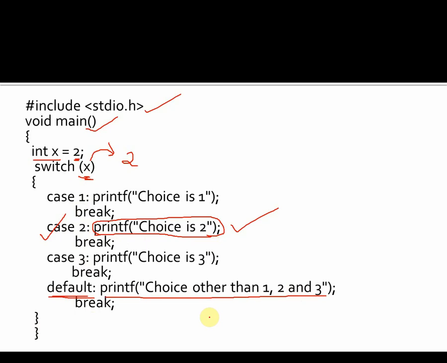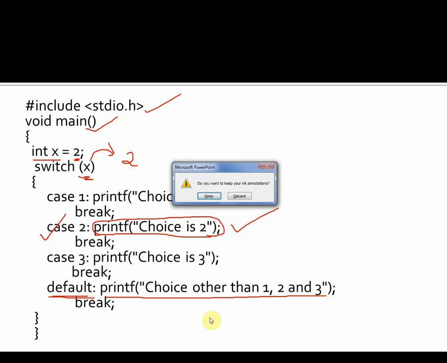Alright, so this is what the syntax of the switch statement is, and this is an example to show you all better. What we'll do is execute this program in the compiler and see how it executes so that we understand it better.